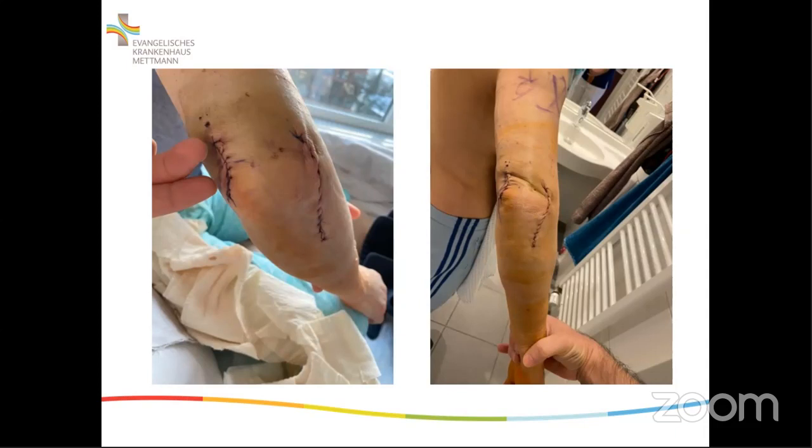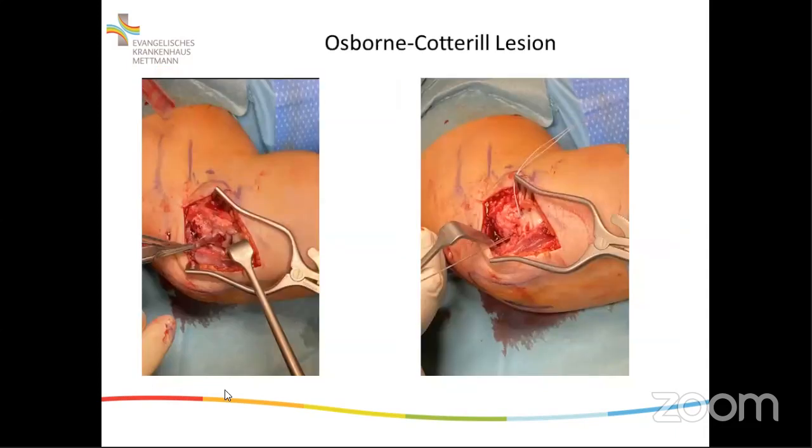And that's the lady that we saw in the beginning. And here, what I do, I don't use just one anchor in the isometric point. I use two anchors, one for the RCL, one for the origin of the LUCL. Of course, you can use just one anchor, but this